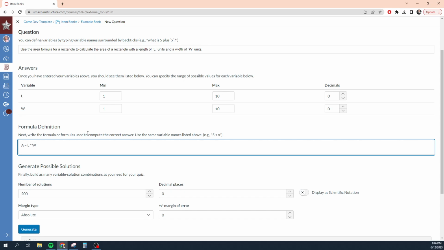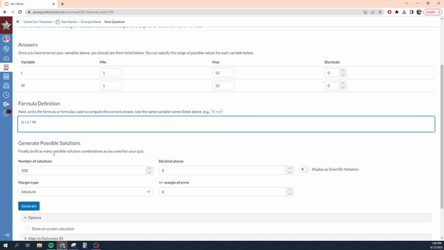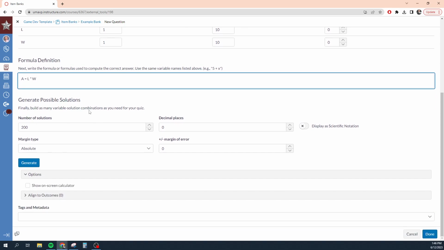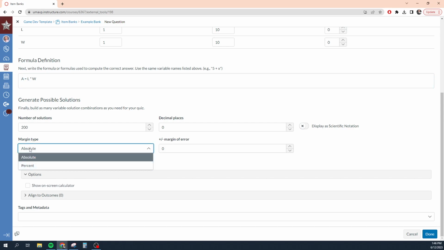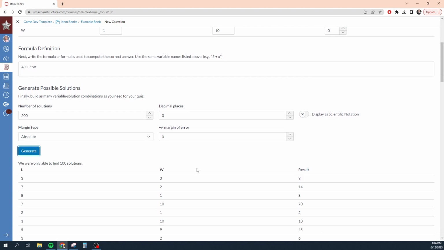So that's the area of a rectangle. And then I want to generate possible solutions. 200 is the default. That's fine. We want the margin type to be absolute, meaning it has to be specifically the correct answer. There's no margin of error there. I'm going to click generate, and it's going to create